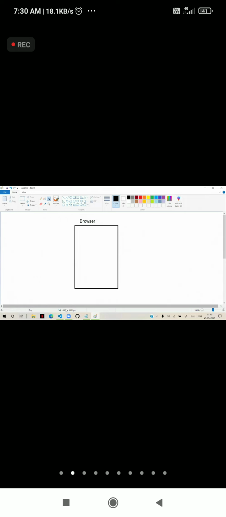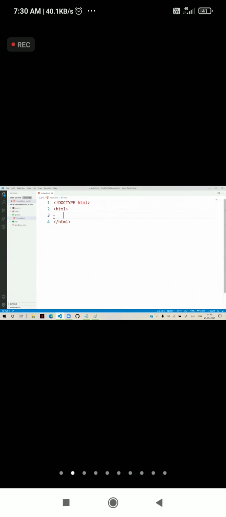So for example, see here. The HTML scope indicates that this is document 1, that means the start of document 1 and the end of document 1. You can have another document, that is document 2. That means now the two documents are present under one HTML scope, right?